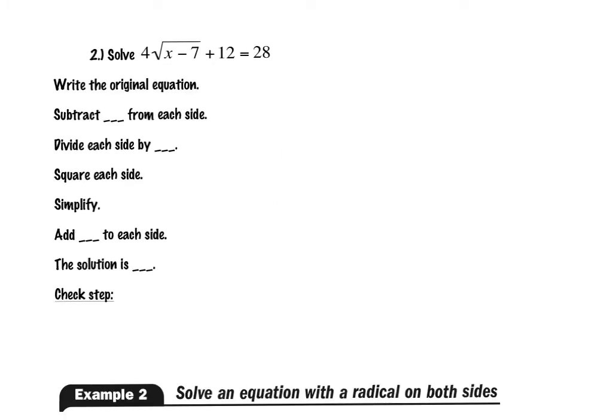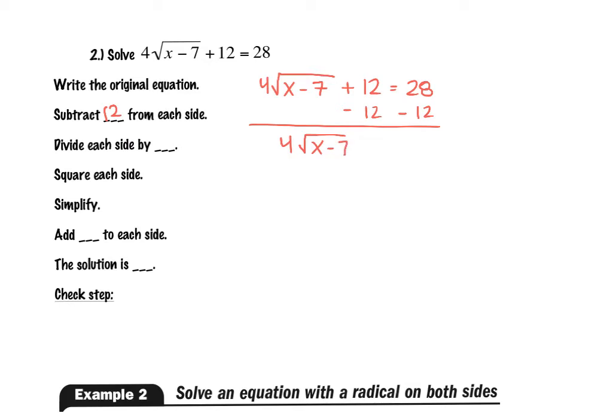All right, let's turn the page and try the next one that is similar but has one extra step to it. So I have 4 times the square root of x minus 7 plus 12 equals 28. I'm going to start by trying to get the square root sign by itself. So I need to start by subtracting 12 from both sides, which gives me 4 times the square root of x minus 7